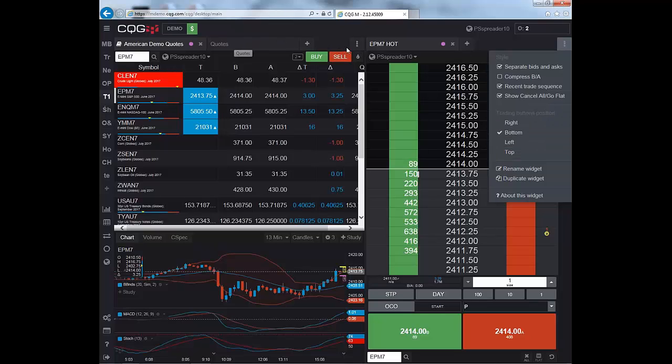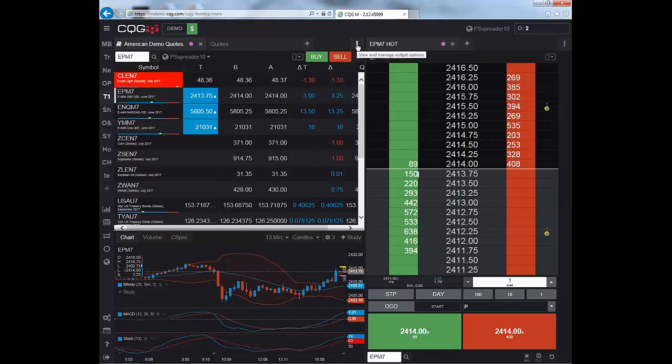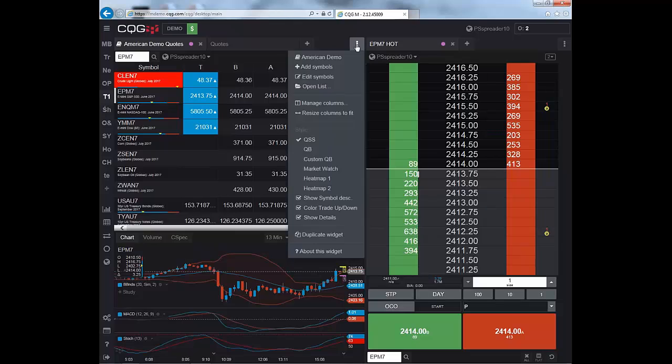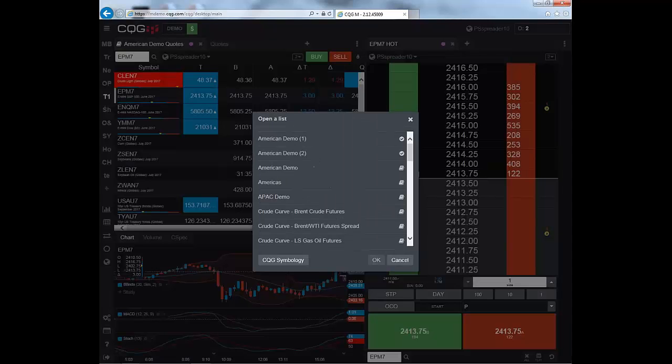If you go over to the quote one and open that one, this is the American demo that we have in there. It's the name of the list. We can add symbols if it's not locked in. This one happens to be locked. Edit symbols. This shows you that you can now open lists, make lists, and a lot of the demo list,